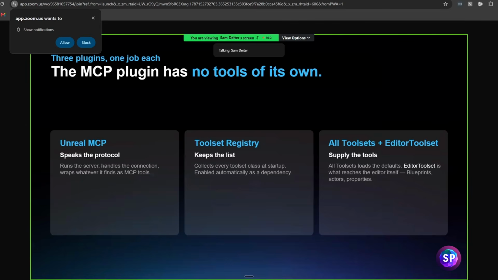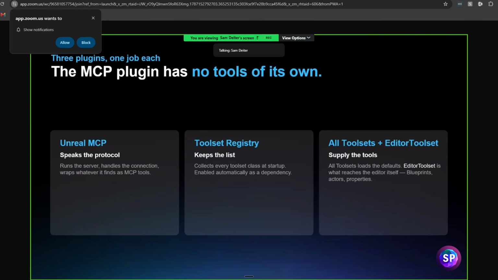There are then the tool set registry and various tool sets. The tool set registry is a basic list of simple things that you can enable to interact with the editor. And then as you want to get more and more specific, there are more specific tools that you can enable that work specifically with different parts of the editor.